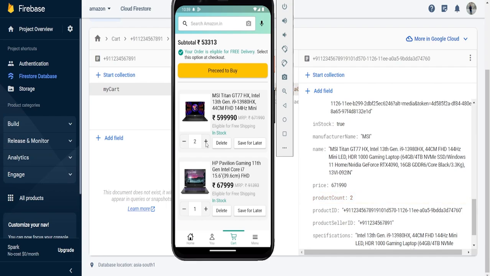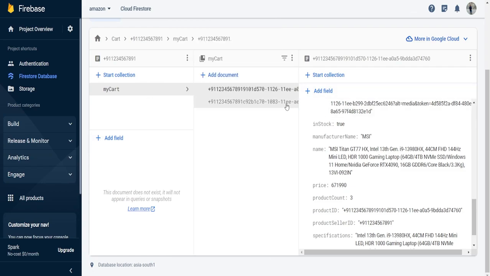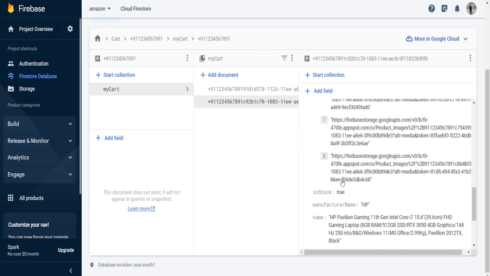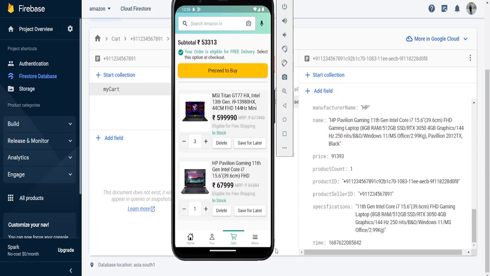So that's the reason we have implemented StreamBuilder here, instead of capturing the snapshot and displaying it here. For live things, we do need StreamBuilder. It basically creates a channel between our Firebase and our device. And let's go for this product. So product count is 1, 2, 3,